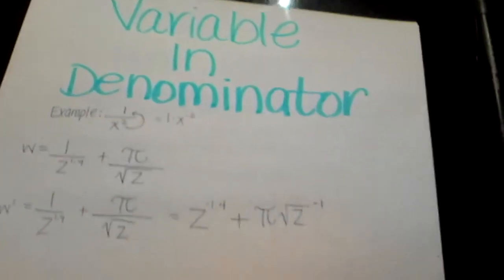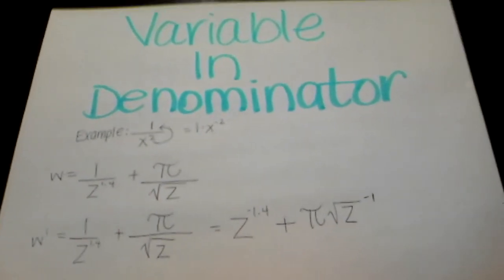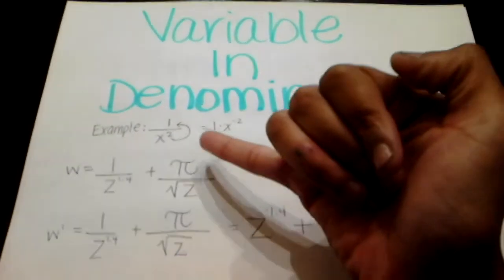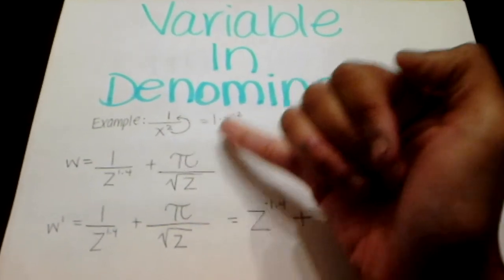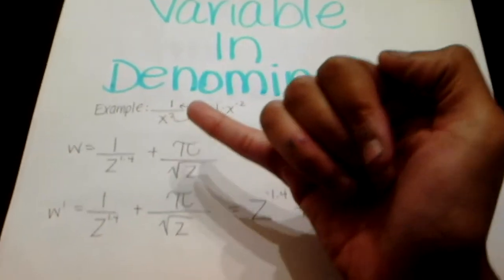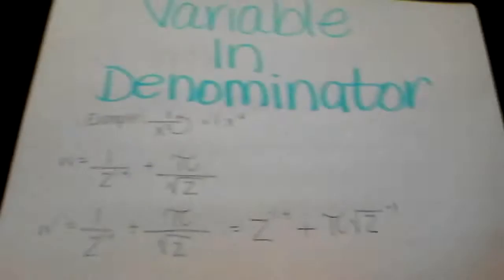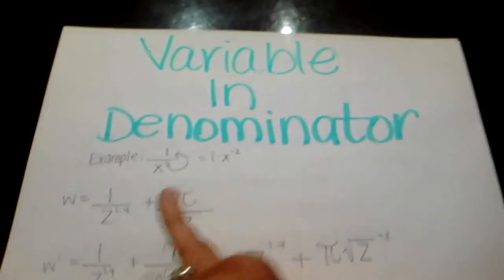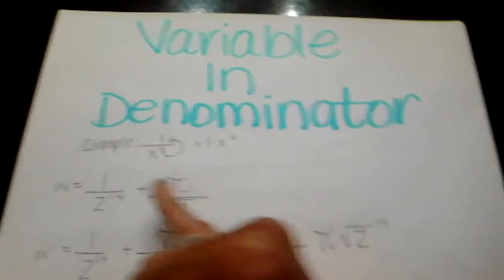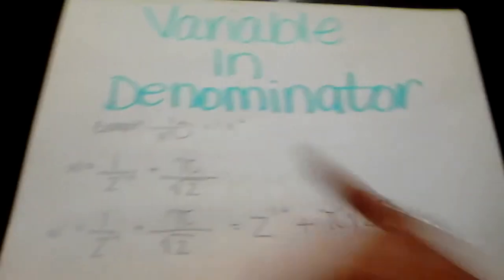Okay, now moving on to problem number 4. This equation will consist of a variable in the denominator, meaning that when the variable has an exponent in the denominator, you will flip the variable into the numerator so it no longer becomes a fraction. The exponent will change to the opposite of how it is listed in the original equation. For example, 1 over x squared will equal 1 times x to the negative second power. So you would change the positive exponent to the negative exponent because you flipped it.